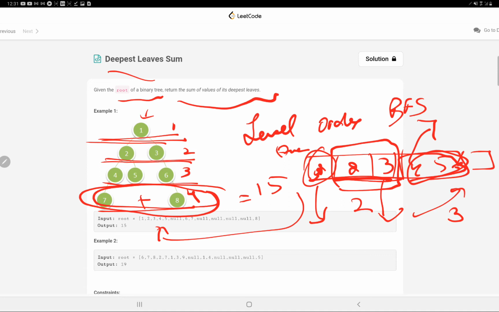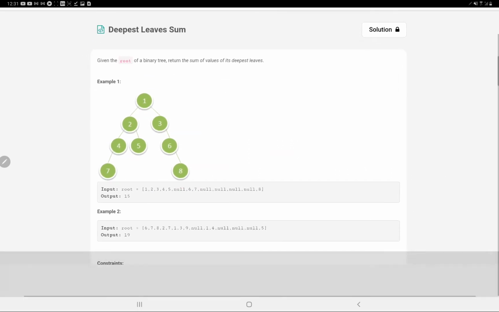Simply, we are just creating levels and traversing them, and we are taking the help of a queue. I hope this approach is clear to everyone, and it's not a much complicated approach. It's just a simple modification, as I said earlier, of the level order traversal of a binary tree. Now let's see the code for this problem, and I hope it would be much clearer then.